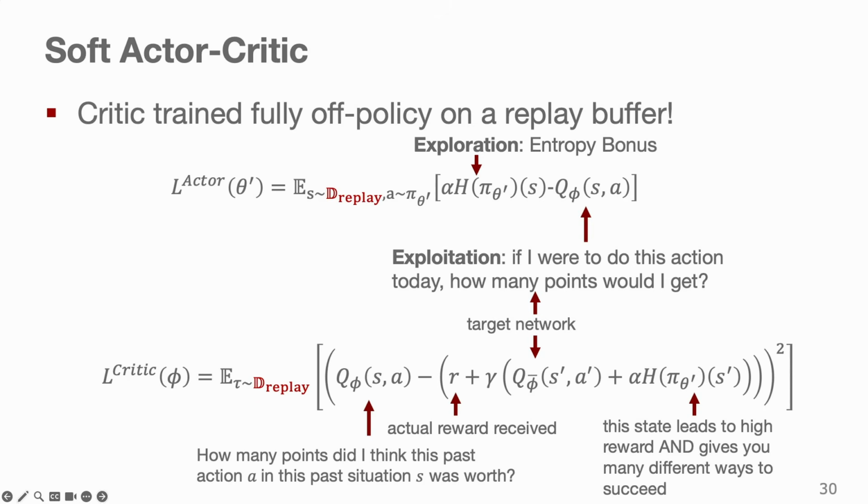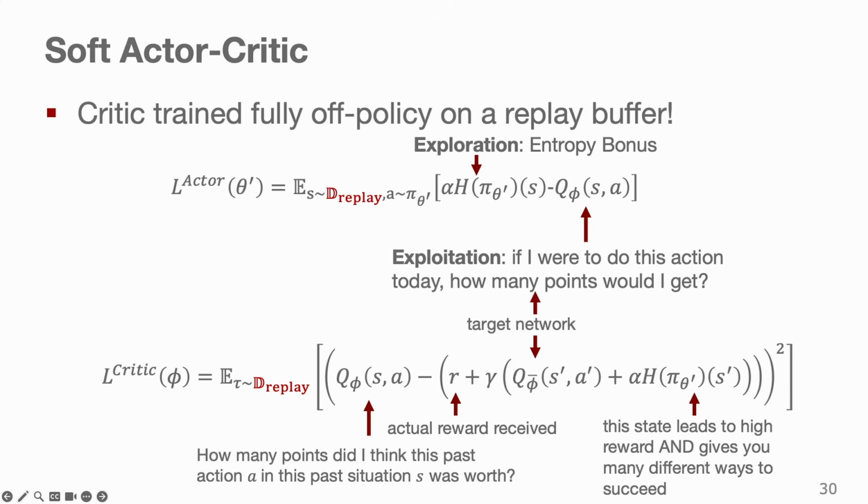So the last family of algorithms we will briefly touch upon today is the soft actor critic, because this kind of closes the loop. We started with very on-policy methods, and we've been trying to get more and more off-policy to be more sample efficient and use more previous data. And so soft actor critic is kind of the answer to that. It's a fully off-policy actor critic algorithm that trains the critic on a replay buffer, just like DQN in the lecture that we covered before.